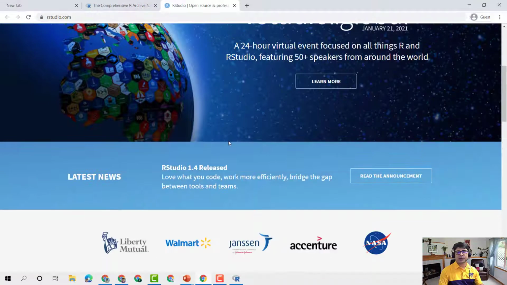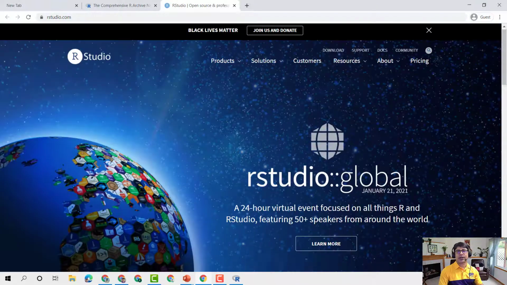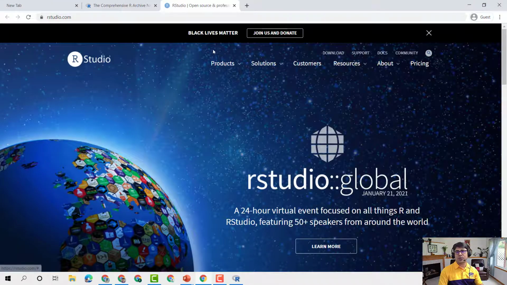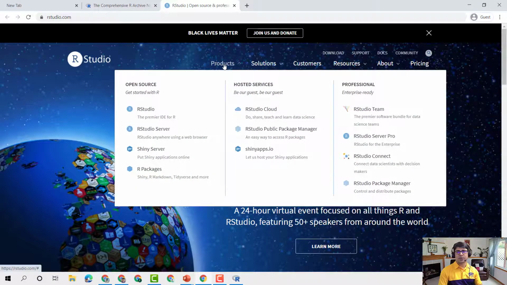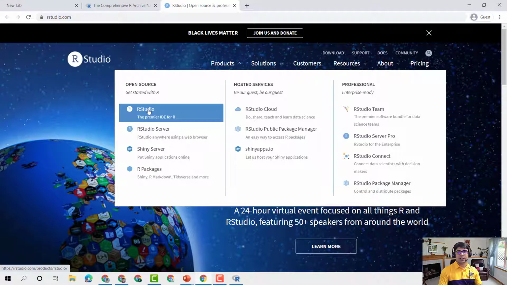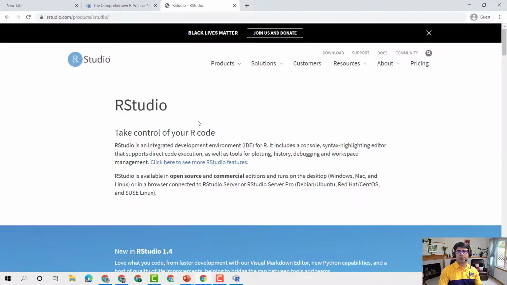So I invite you to browse through and then read more about RStudio. That would be some different video, but our goal here is to get RStudio, the premier IDE for R. We want to download it and work with it. So I'm going to go here,